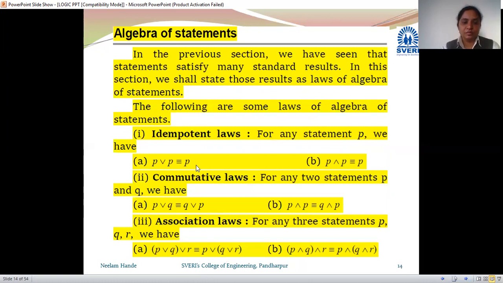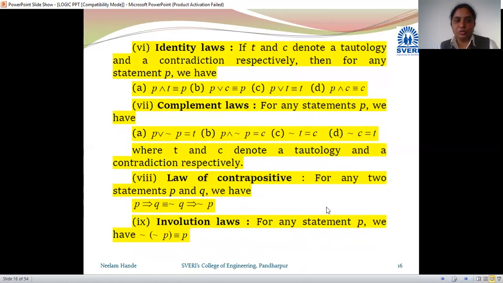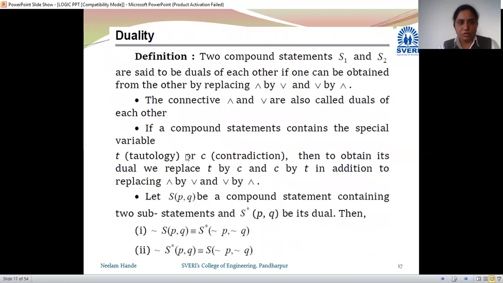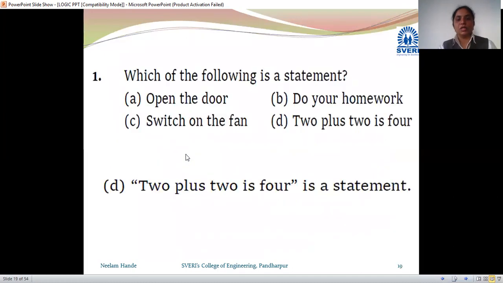These are some rules. P or P is P. P and P is also P. This is called the idempotent law. Commutative law: P or Q is Q or P, and P and Q is Q and P. These are some laws. Okay, you should go through them. P implies Q means negation of Q implies negation of P. And negation of negation of P is nothing but P itself. Go through it once. Then dual statements will be there. Some reasons. Okay, then we start with